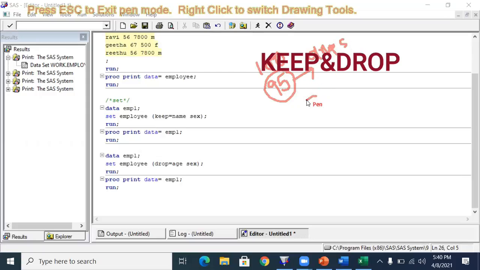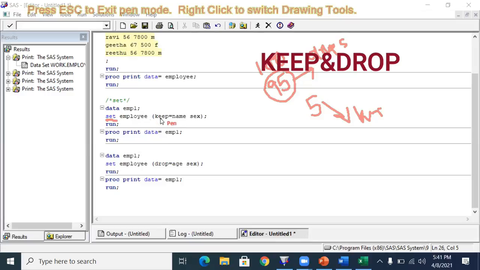If I want to work with only 5 variables, then you can use the keep option. So depending on the volume of the variables, you decide whether to use keep or drop. And set is a statement. You start with a keyword that we call a statement, right? Set is a statement, and keep here acts as an option.